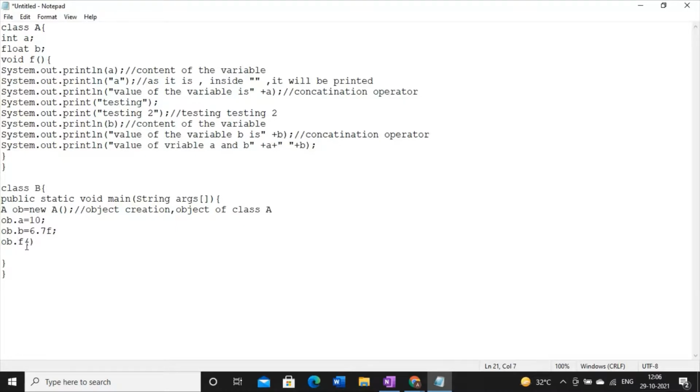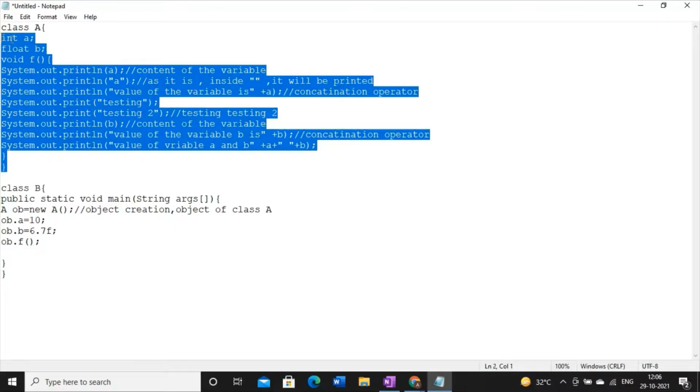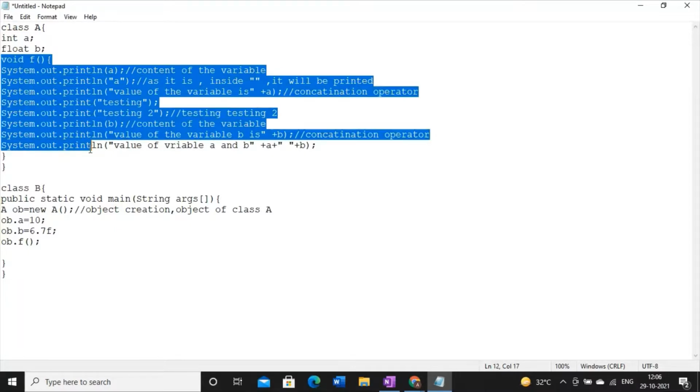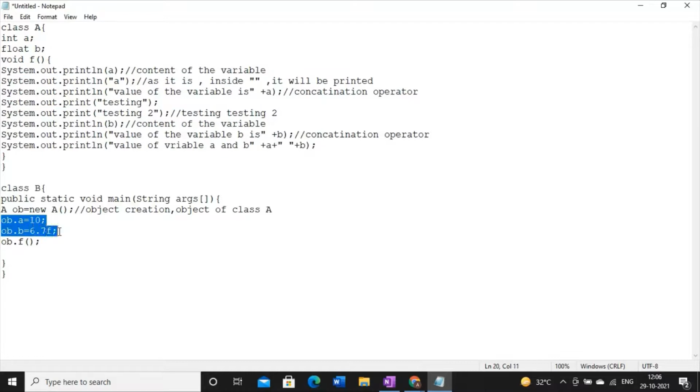This is how we can call a method. In the case of a structure, there is no concept of a function inside the structure, so we never write this kind of syntax. But in Java, a class may contain variables as well as methods. So after assigning the values in the variables, you have to call the method. This is known as calling of method.